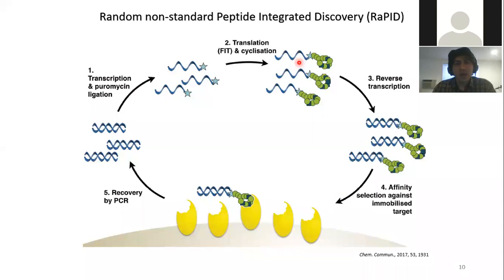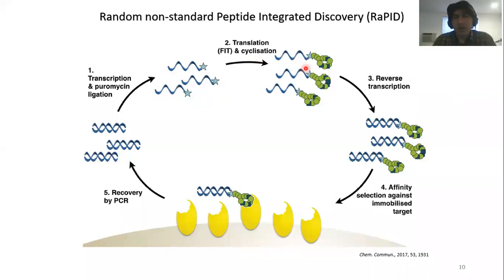Here you have incorporated this particular FIT and cyclization in the process. If you just want to look at mRNA display, you get rid of the flexible in vitro translation and cyclization process, and you get a normal mRNA display. But coupling this, they have used it to find non-standard peptides that are helpful in stopping protein-protein interactions